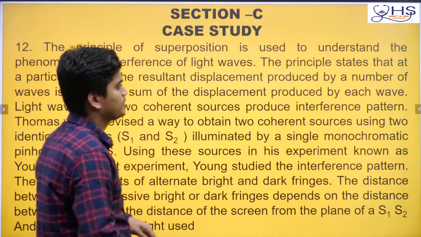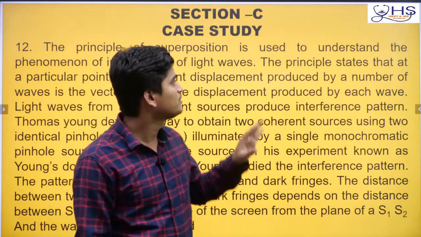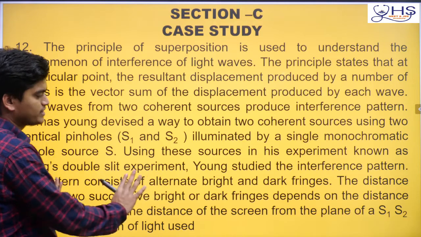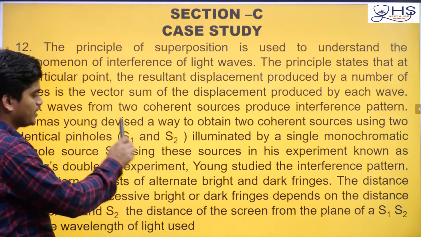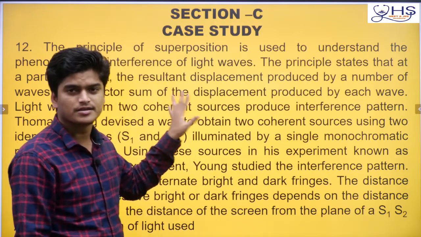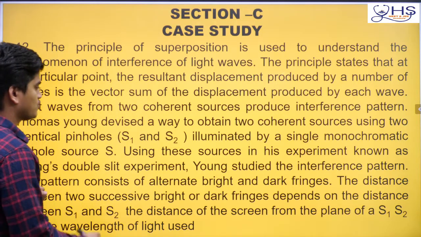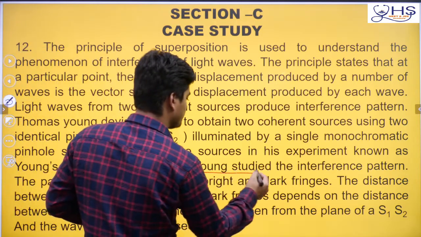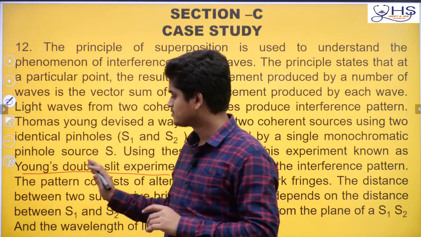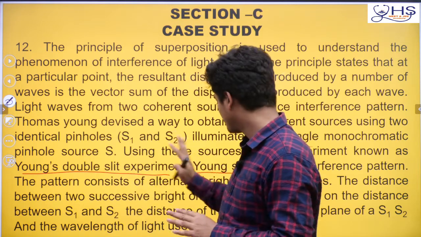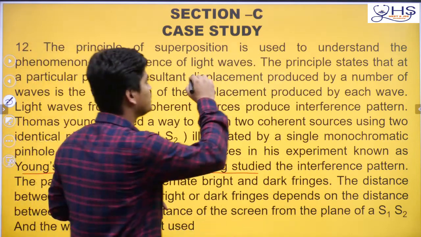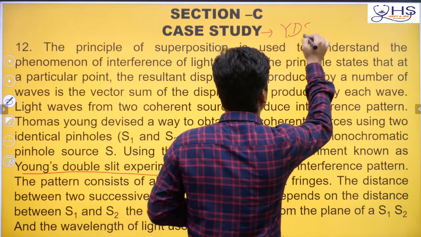Today we will be discussing the 12th CBSE physics question paper, section C, the case study question. Here they will write some language like this. In these case study questions, they give the information that whatever questions are coming are based on this. If you read this language, you will mostly come across Young's double slit experiment. They are asking about this only. Any other formula is not given, and they are telling some S1 S2 sources like that. So the main idea given in the case study is the YDS experiment.